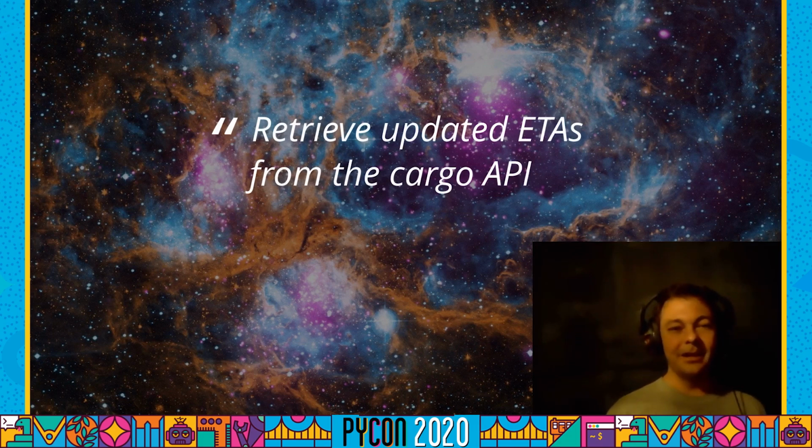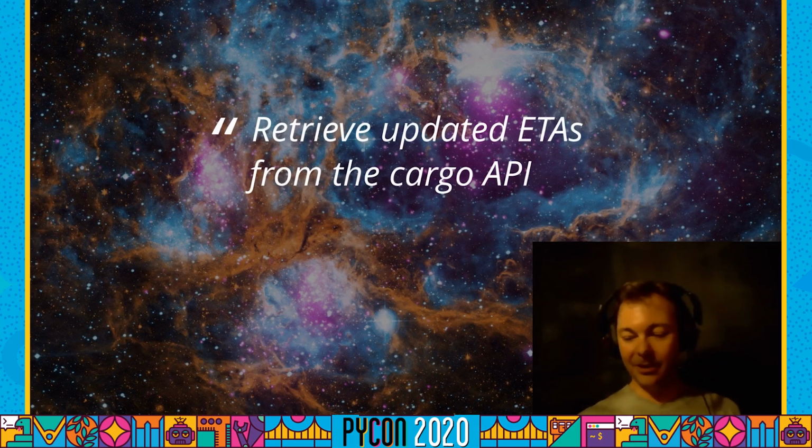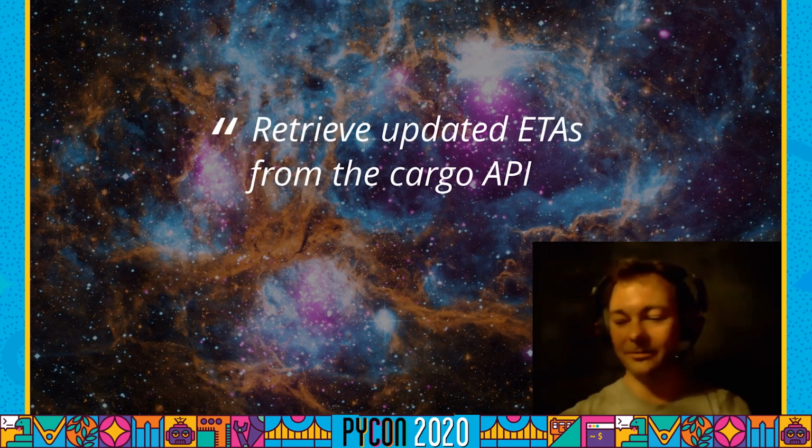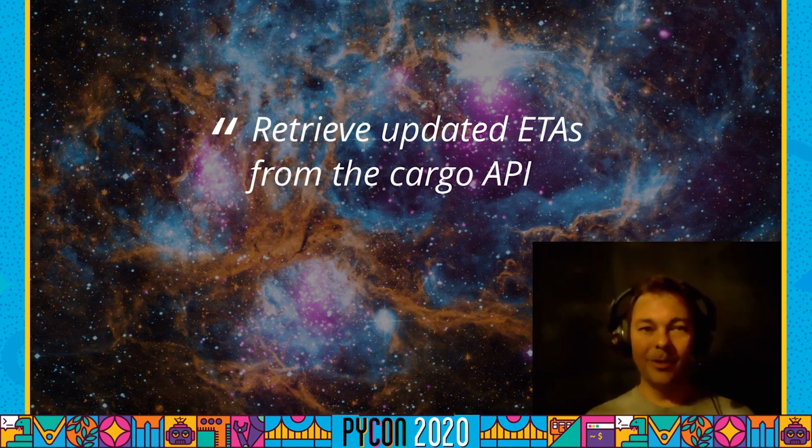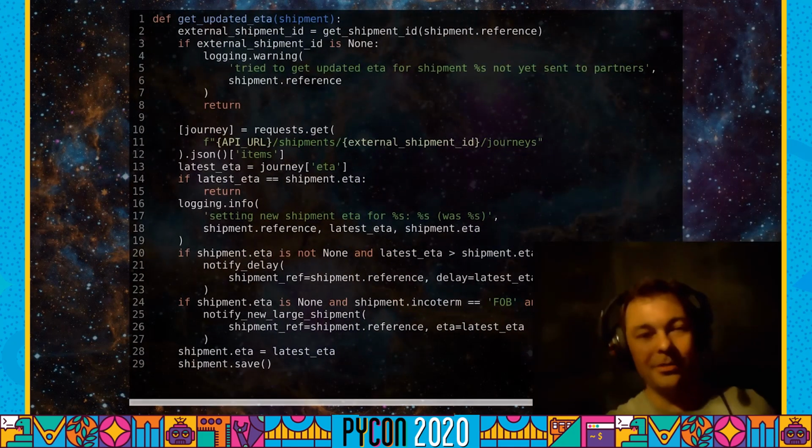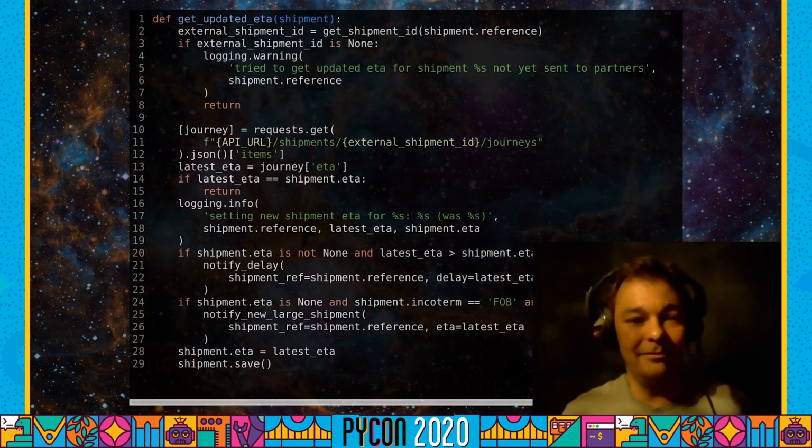Third requirement, fine, you've sent shipments off to the third party. They now know how to take your stuff onto a ship. The most important thing is we need to know the ETAs of those products, because then we need to know when we're going to be able to sell them to actual customers. So, when's it going to get here, basically? We're going to poll the third-party API to find out when things are arriving.